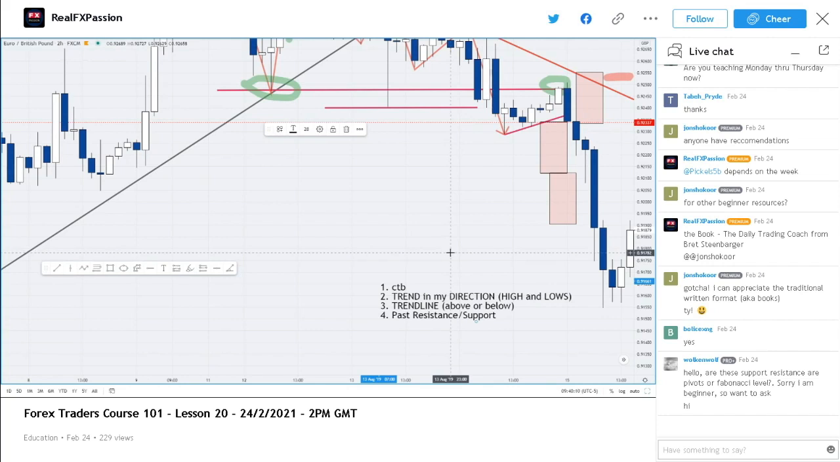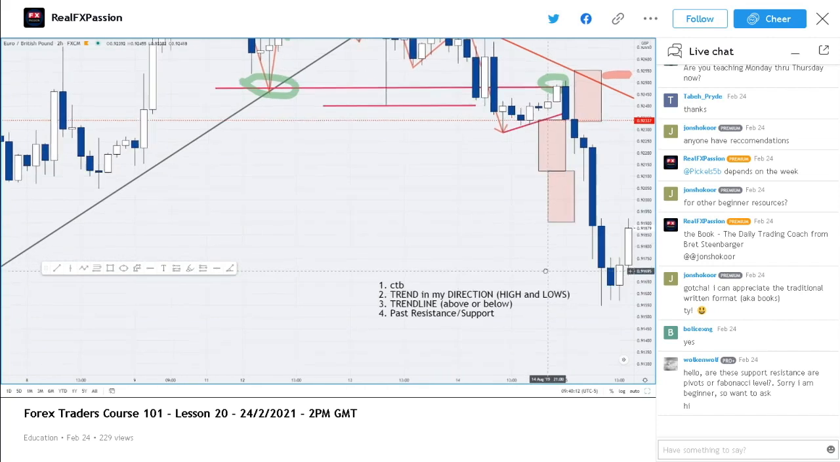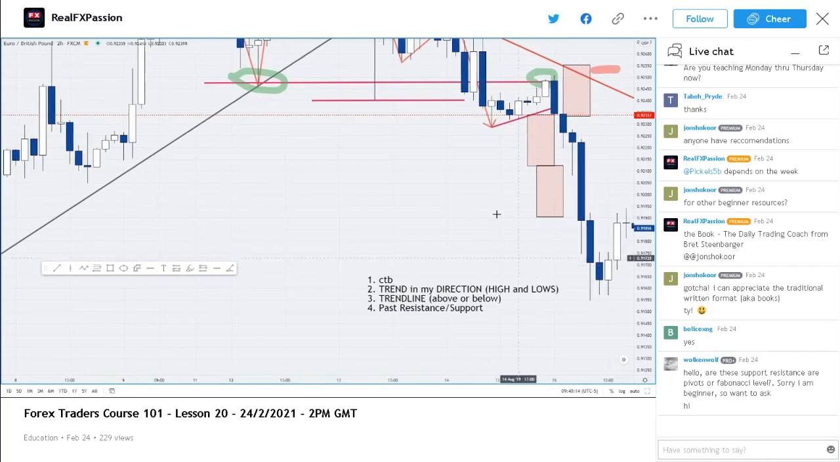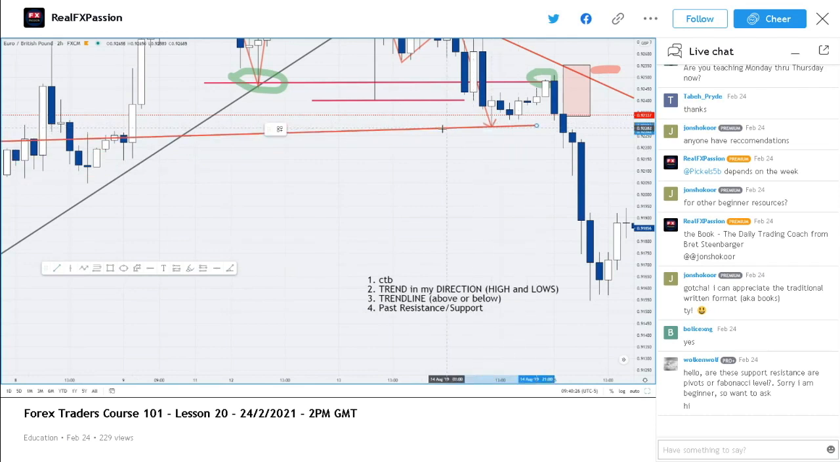Okay, entries. So the market is against me now. I'm monitoring past support, right? So this was a risk reward ratio. I can choose to take profit and get out. Otherwise, talking about past